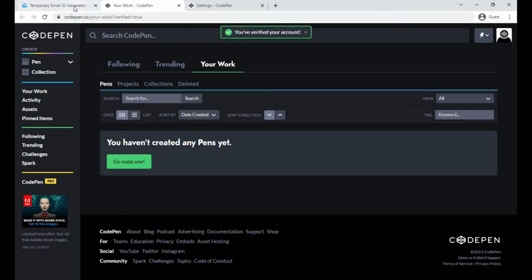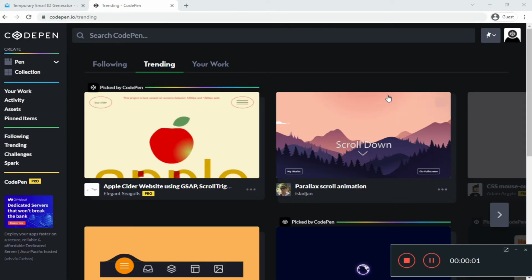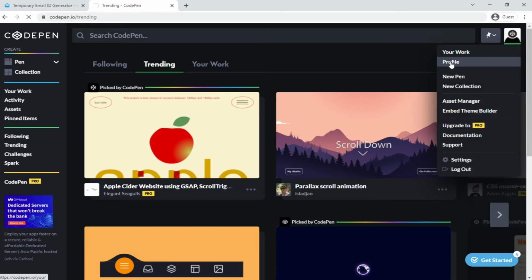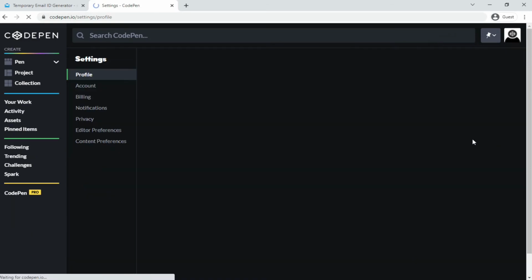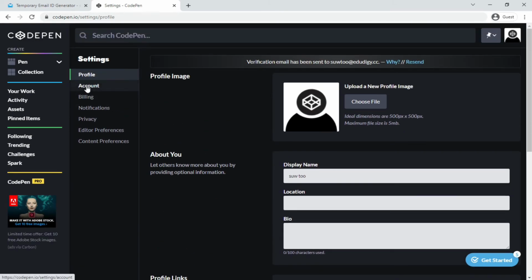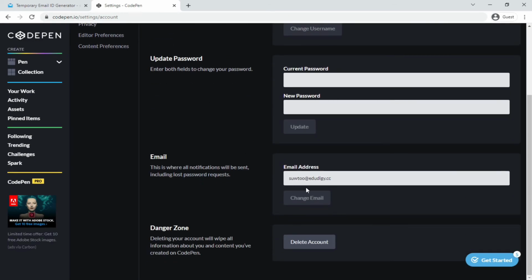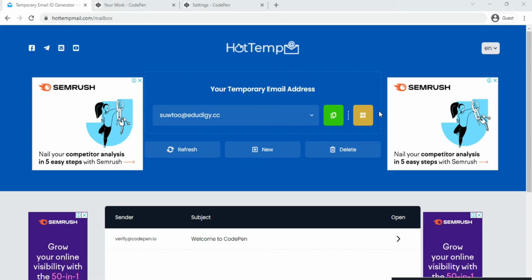We have our full-fledged email here from CodePen in our Hot Temp Mail inbox, and all we need to do to confirm our registration is left click on click to verify email. Once we have done that, we have officially confirmed our registration to CodePen and are now fully able to utilize CodePen services. Alright, guys, that pretty much concludes the video on how to use Temp Mail as a free disposable temporary